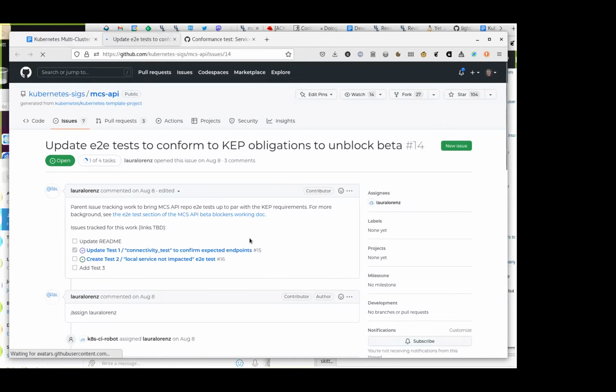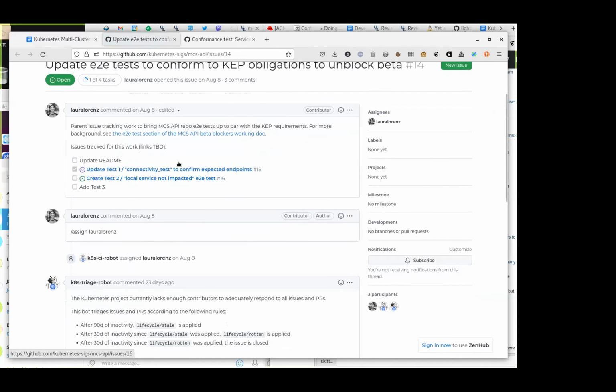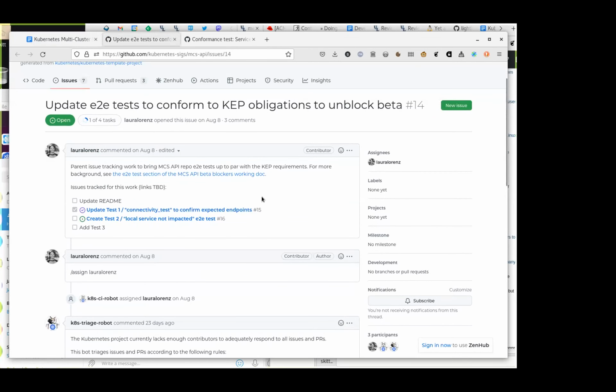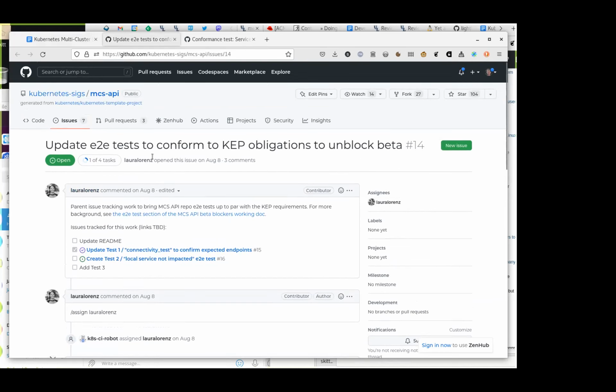Well, that was my next point. Laura opened this issue a few months ago to turn the end-to-end tests into an actual conformance test, and so we need to figure out what should be covered.